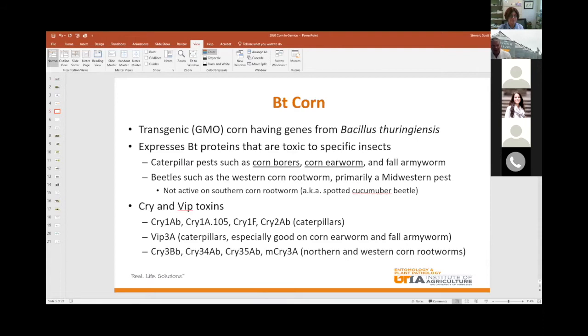So the Cry toxins that we're most using in Tennessee are Cry1 or Cry2 toxins, and these have activity specifically on caterpillars. The range of activity, what they affect, varies depending on the toxin. For example, Cry1F is pretty good on things like fall armyworm and cutworm, but it's very poor on corn earworm. But all of these Cry toxins that I have listed there, Cry1 and Cry2, are very good, exceptional at controlling the